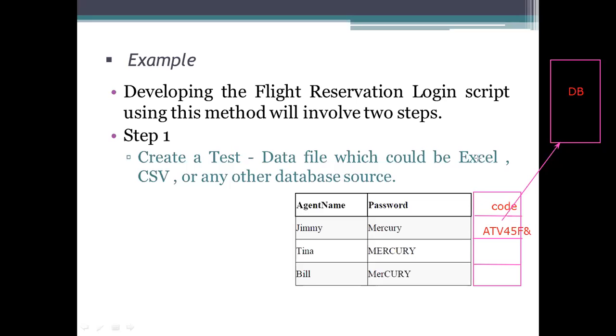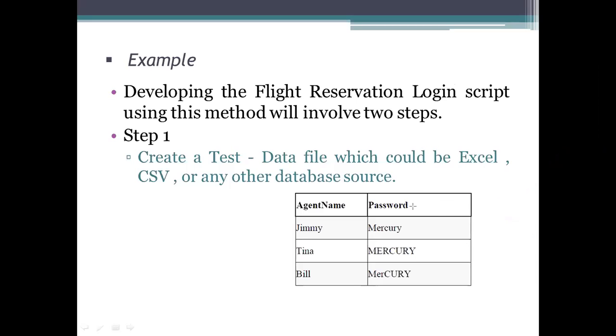So on that login page, whatever particulars you are seeing which allow this login to be processed have to be stored in the CSV or any database source which is used for processing. Okay, and luckily we are using only two representations, which are the name of that agent and the password for that one. And here, if you see this login, we are using only a single password, that is Mercury, but the representation of it has been changing. The first one starts with a capital and the remaining are all small.